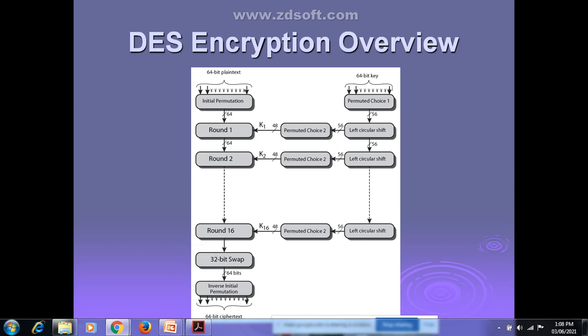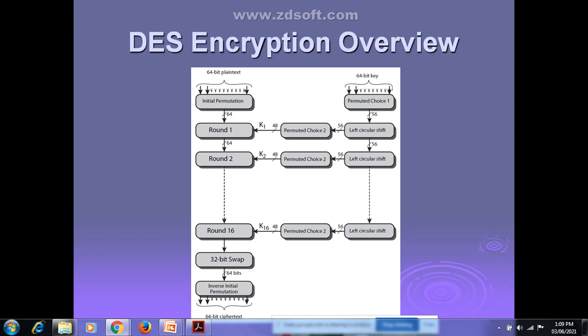Then after that we saw the use of the initial permutation and how exactly it works. How many bits of input is the initial permutation taking? It takes 64 bits of input. As I already showed in the last class, the initial permutation table is numbered from 1 to 64. All 64 entries in the permutation table contain a rearrangement of the numbers from 1 to 64. That is what we saw in the last class.